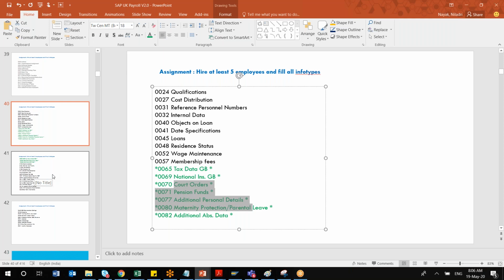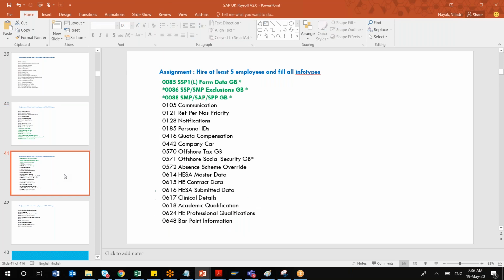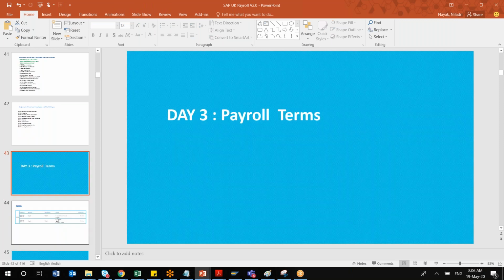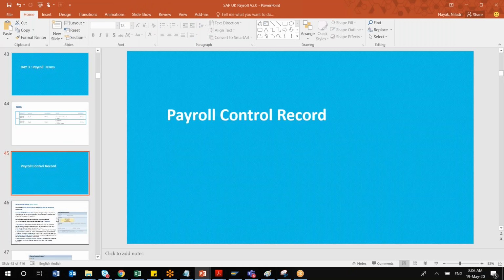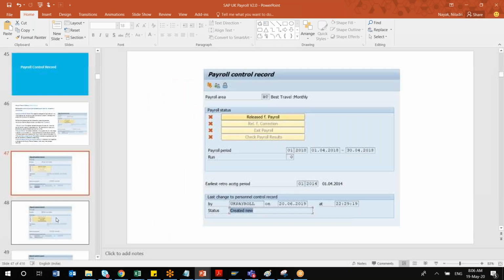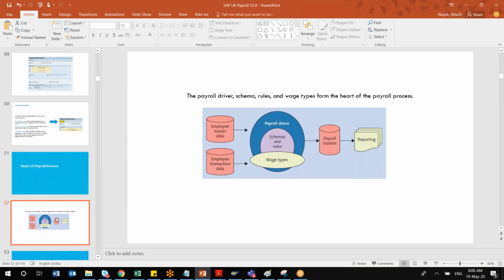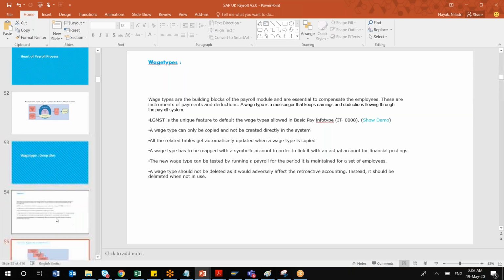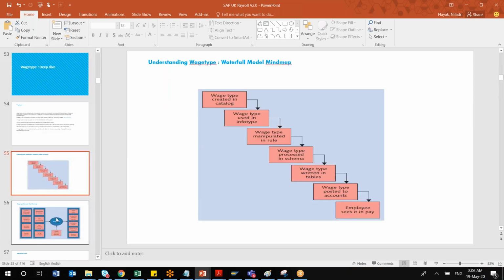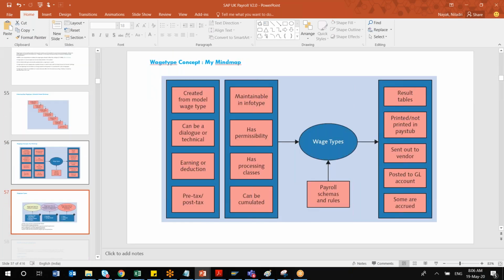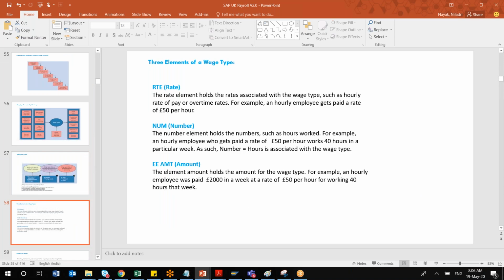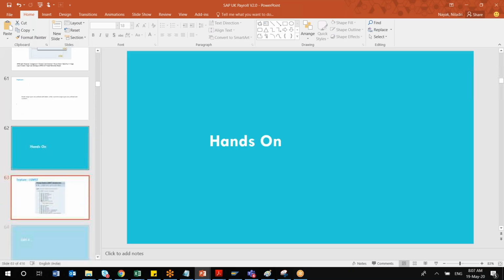Otherwise, as you already have 3.5 years of experience in on-premise OM, PA and Employee Central, I will ensure that you understand these things as well, so that we can start the remaining. From there, we'll be starting the different payroll terminologies, like payroll control record, all this. I'll be taking a session for that. What are the heart of payroll, schemas, and all these details we'll deep dive into. How to configure a wage type, how these things work, permissibility, how to configure those. All these details will be covered.